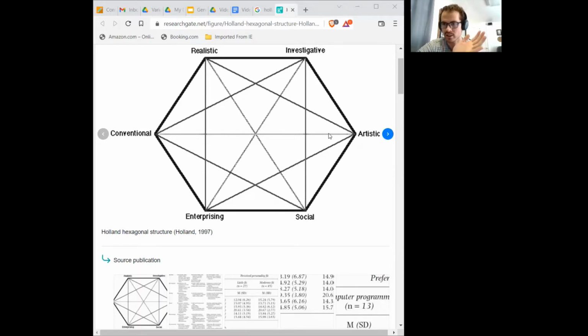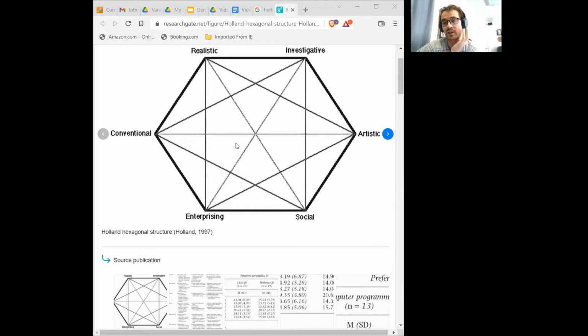The clearest way to look at this is if someone was an A and a C, especially if those were their two highest and they scored pretty high on both. That would be pretty unique. An artistic individual values creativity, thinking outside the box, not really wanting structure, wanting to think of new possibilities and not have a clear, defined path forward. Conventional is much more organized and structured, wanting to follow tradition and rules. To find a career environment where both of those are honored might be difficult, because I don't know if opposites is the right word, but they're very different from one another.